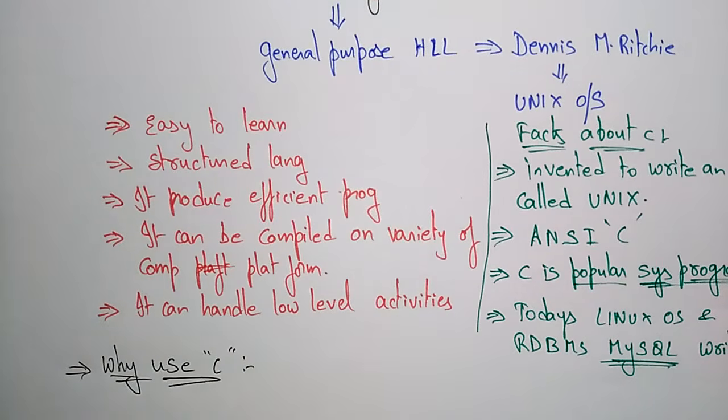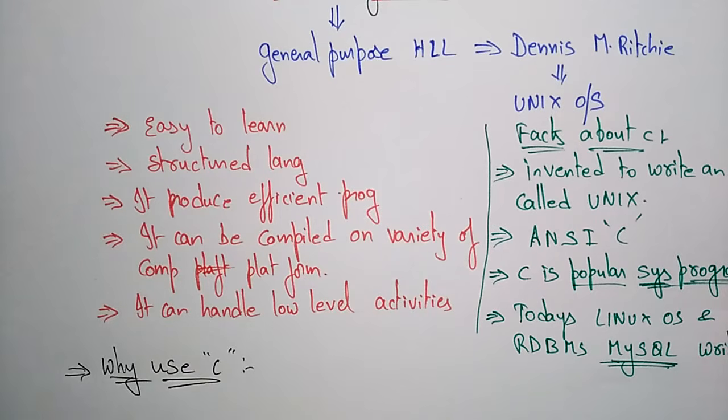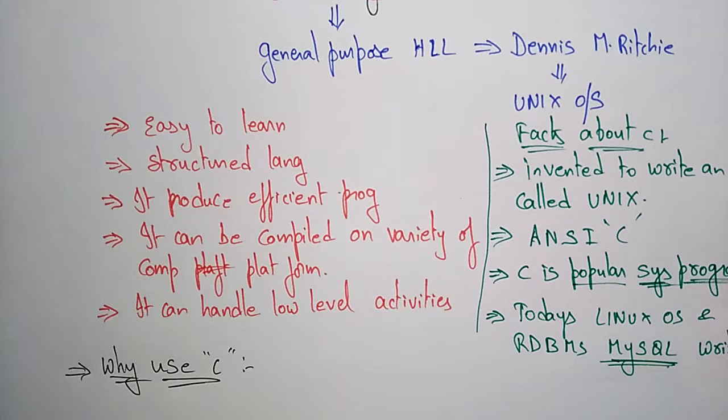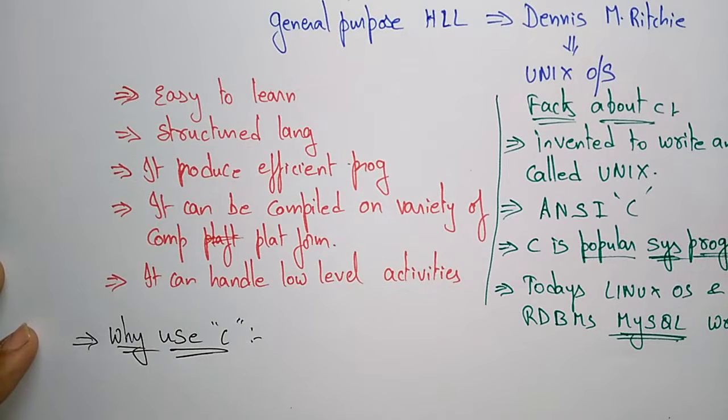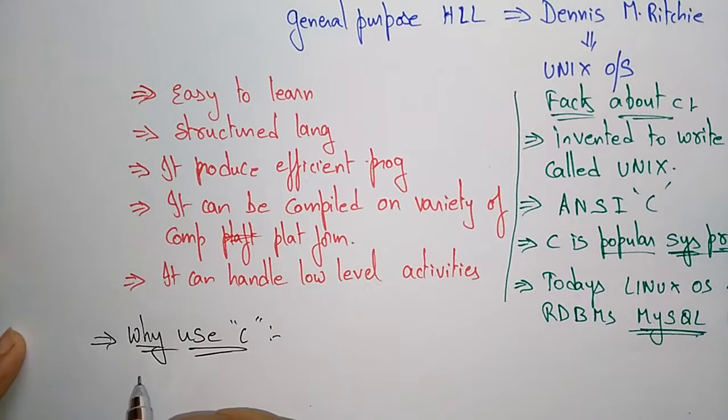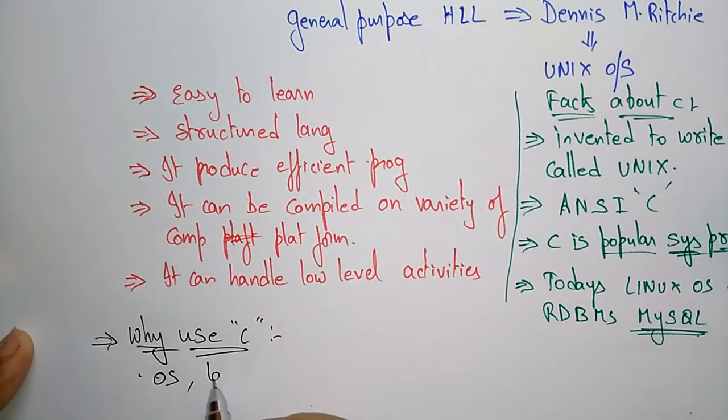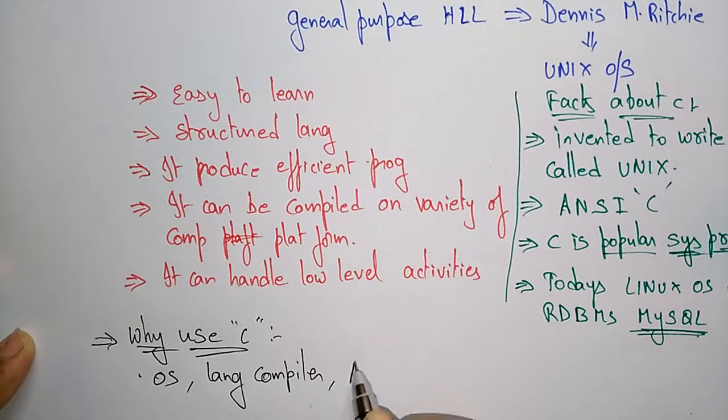Previously, when compared to ALGOL and Fortran and all these programming languages, C is the best one to develop system programming and low level activity programs. That is why we prefer C. It might be an operating system or a language compiler. Whatever the language compiler, it will be written in the C language only, and the assembler is written in the C language,